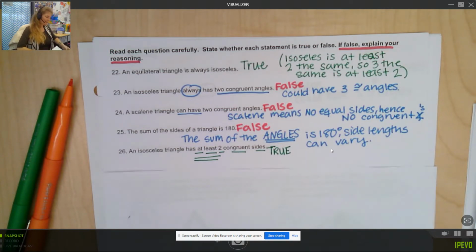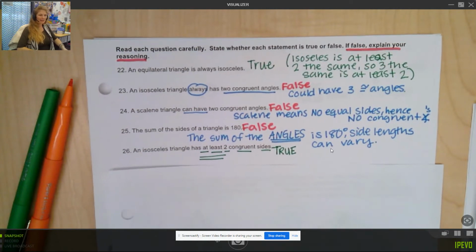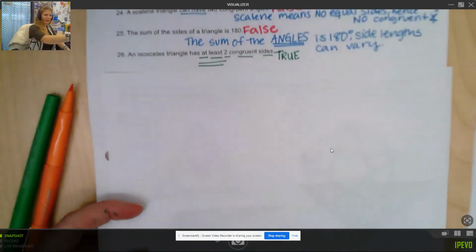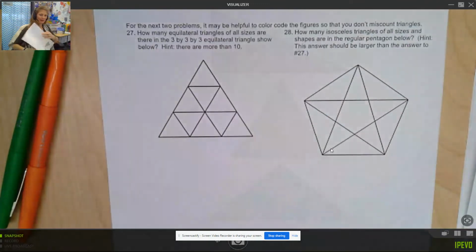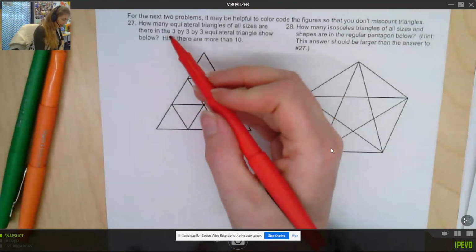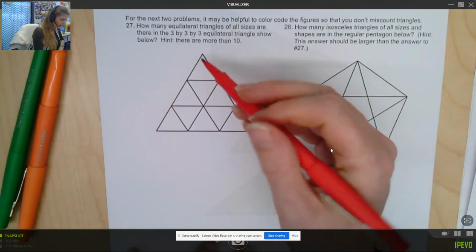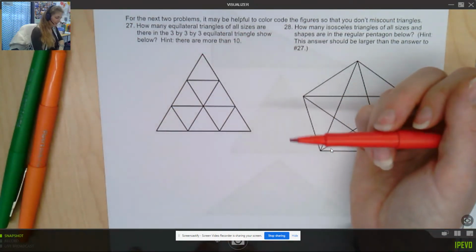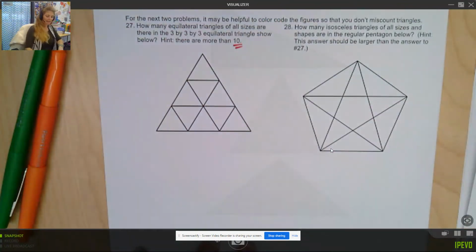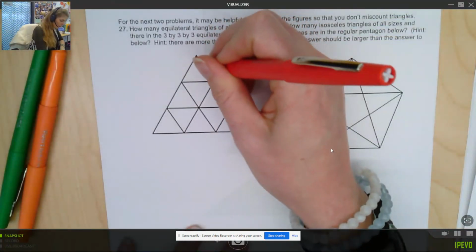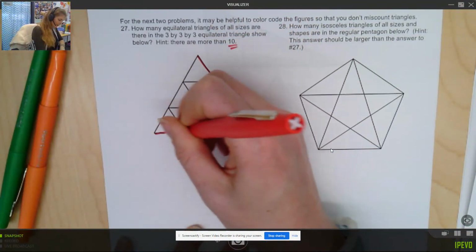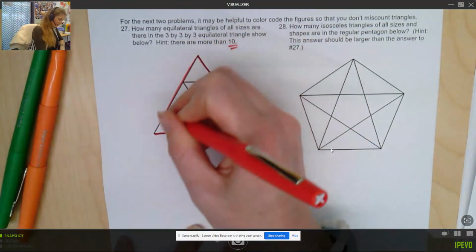The last one says an isosceles triangle has at least two congruent sides. That's true. Perfect. So let's get a little creative with looking at some shapes. These are some fun puzzles, 27 and 28. What we're trying to do is count how many of a certain shape we see. So how many equilateral triangles of all sizes are here in the 3 by 3 equilateral triangle shown below? My hint is there's more than 10, and I told you that this whole big one is an equilateral triangle. So if I just counted the big ones